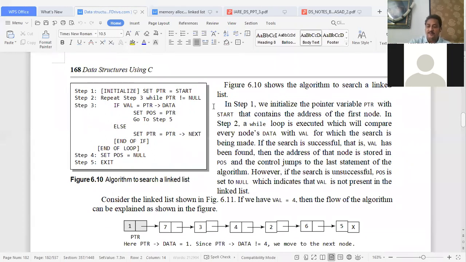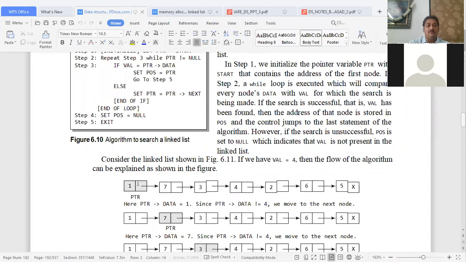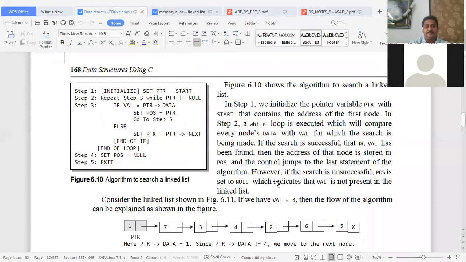Prior to this, we are already familiar with searching. We implemented different searching techniques like linear search, binary search and Fibonacci search. So here, the kind of search process we are going to implement in the linked list is linear search. That means we start our search from the beginning, the first node of a linked list, and search the elements one by one. Wherever you find the search element, you return that particular value. Is it clear?